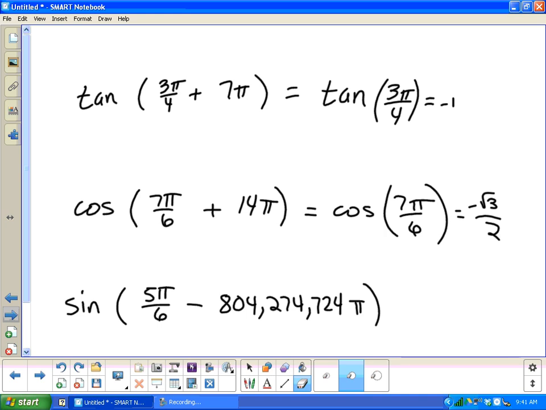The point is to recognize this later when we solve equations, that that's just really the cosine of 7 pi over 6. It's to take something that's kind of difficult looking and make it look simpler. That's the whole point, because this is really a simple thing. Now, look at this one. I made it look hard, but